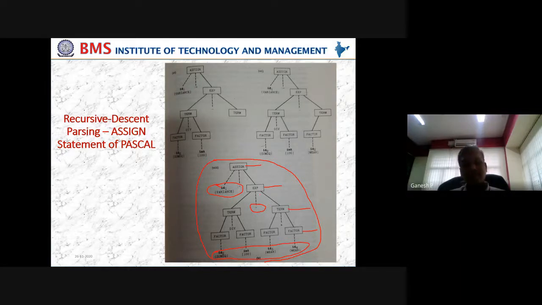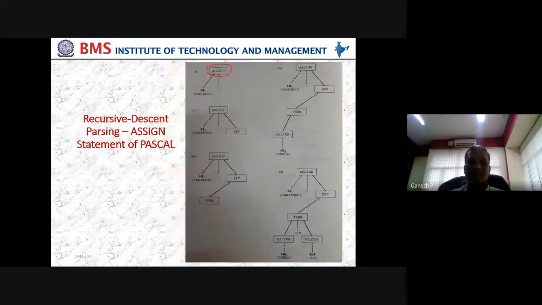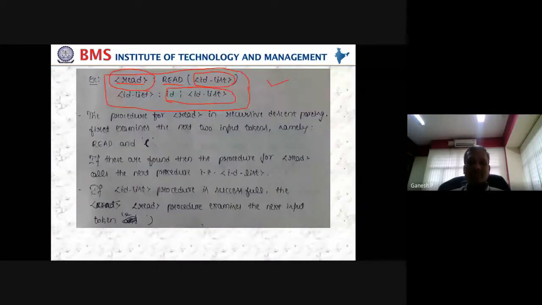So in all the three cases, operator precedence parsing, shift reduce, or recursive descent parsing, the process may be different internally, but the outcome is the same. What is the outcome? Syntax analysis. Whether the input I've given is mapped into the grammar that is being given. We have been taking the same grammar everywhere. This is the grammar we have used in this entire exercise.